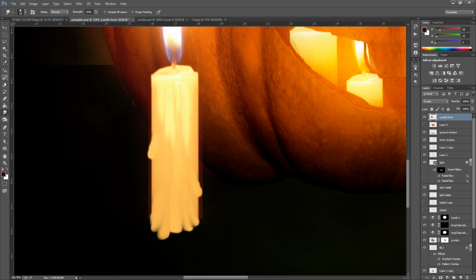So we're going to go back to the clone stamp tool now. We're not going to change any of the settings. We're just going to go and find a light bit on the candle. We're going to change the brush size just down a tad, and we're just going to go and add a few bits like this just around, and we're going to do exactly the same to there, and we're going to do the same just to here.